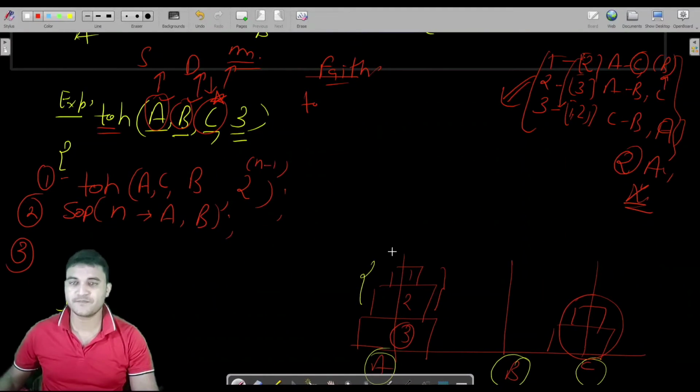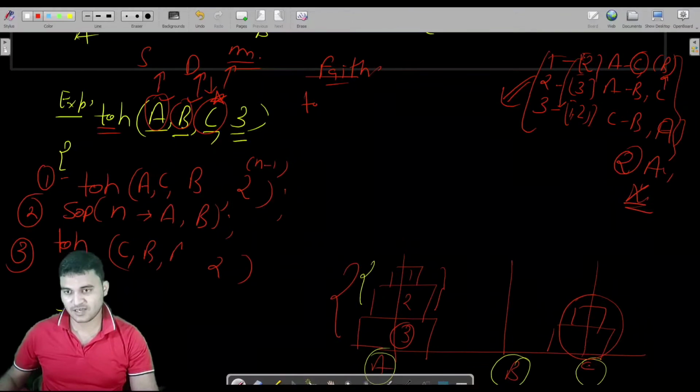The third step is you have to put these two disks back into B from C. So this time you have to move two disks again from C to B. C would be the source and the destination would be B. So B is your destination and the helper is A, because you are moving these two disks from C to B using A. And this is done.